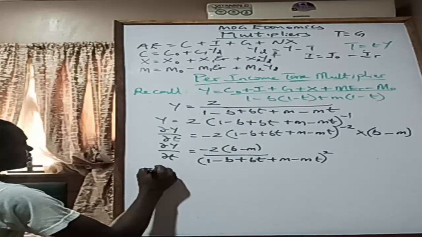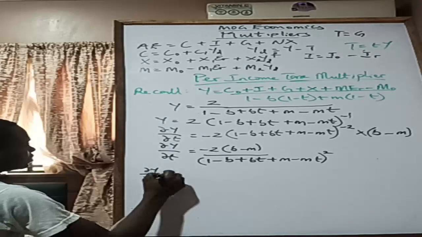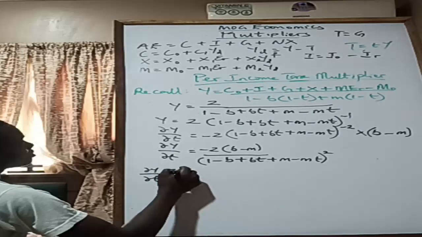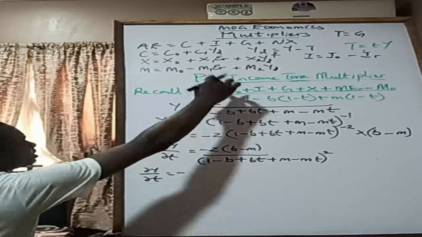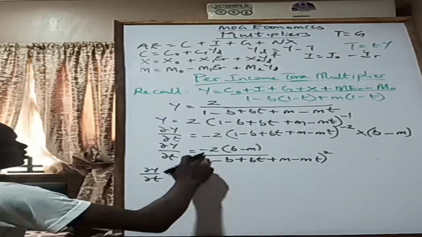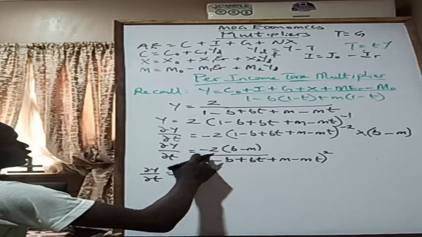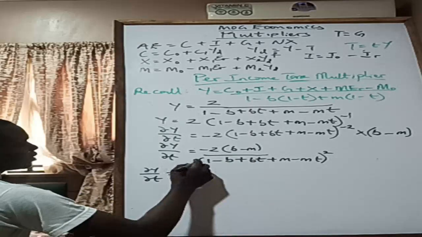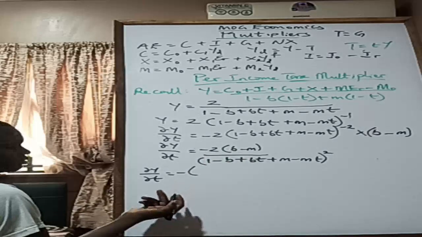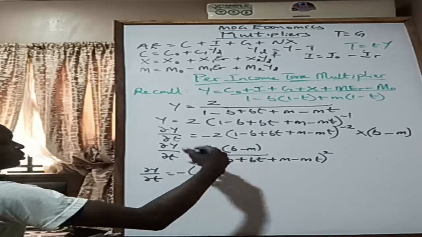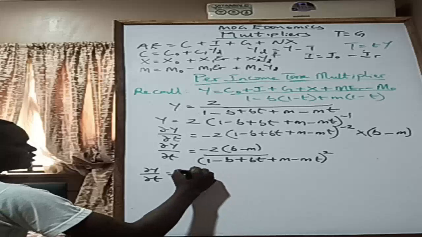So we have dy/dt equals minus. So instead of changing the sign of each term one after the other, I can just use the minus to multiply what's in the bracket. So minus times b will give me minus b, right? Then minus times this is going to give me plus m. So I have plus m minus b, which is just